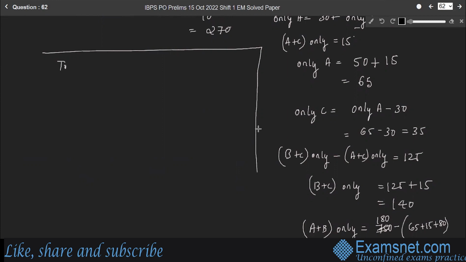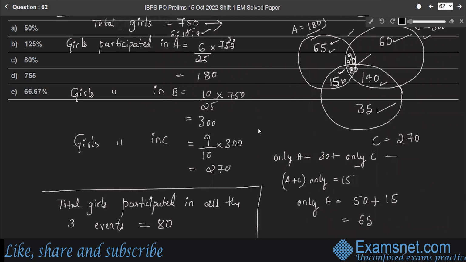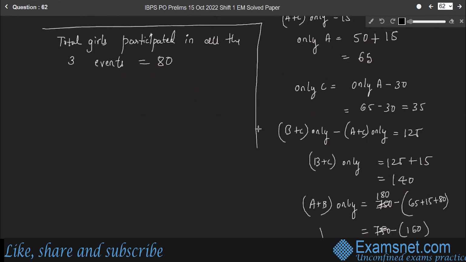So total girls participated in all the three events is equal to 80. So 80 girls participated in all the three events. And girls participated in only one event